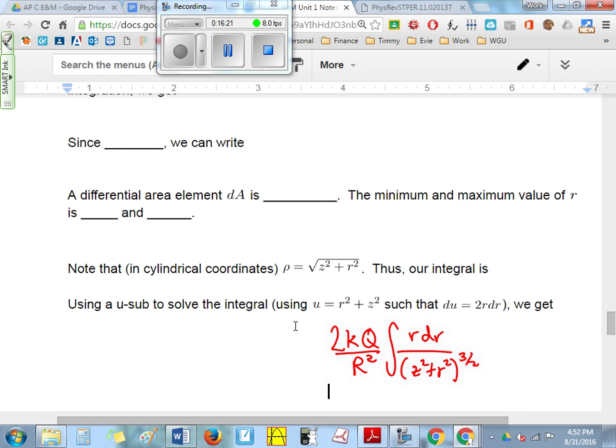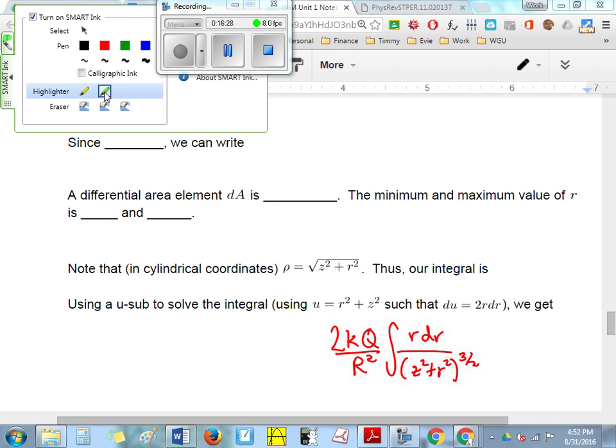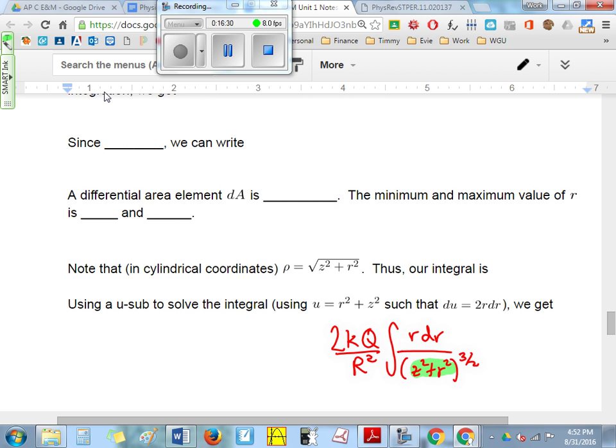Okay. I'd like to let u be the entire inside of the denominator here. So let's let all of that represent u. And then the du would be the derivative of that. So if you take the derivative, I'll show the non-calc students how I'm doing this. I'm going to pretend u is r squared plus z squared. So when I take the derivative du dz,